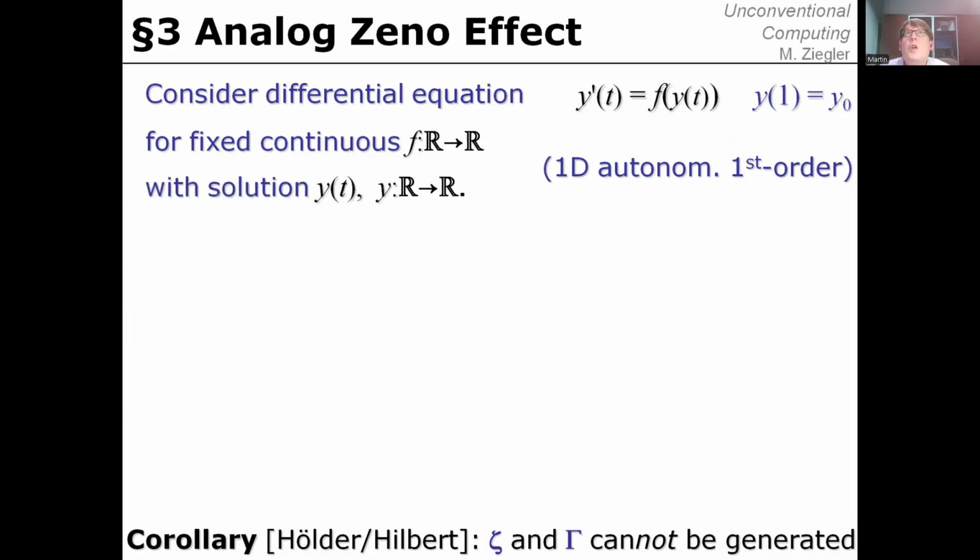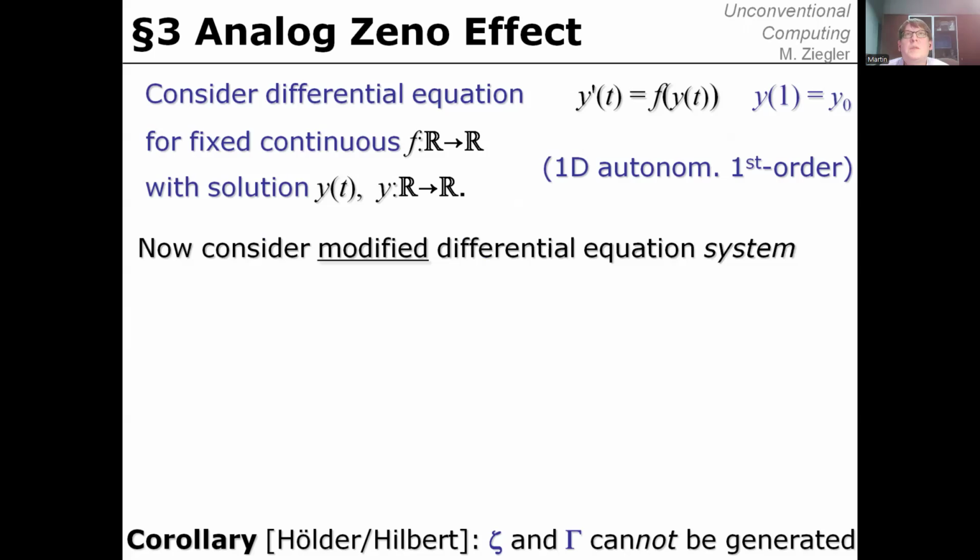Now let's call the solution of this differential equation y, and consider a variant of this differential equation, a modified differential equation system: z prime of t equals f of z of t times w. So we have a variable z instead of y. We have another variable w, it's a system, where w is supposed to solve another differential equation, w prime of t equals w of t. So this is a system, first order,